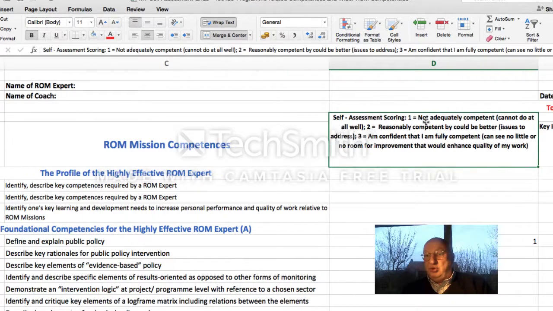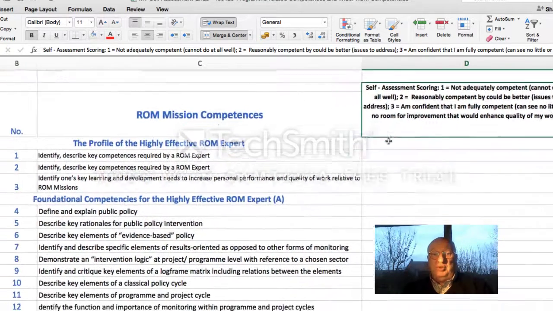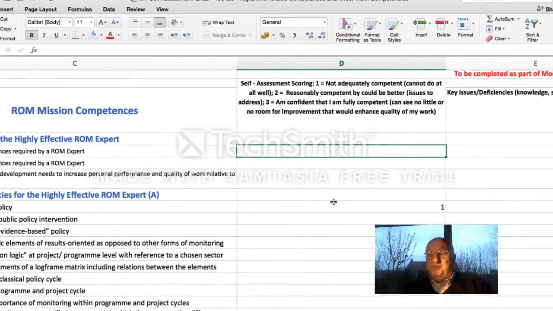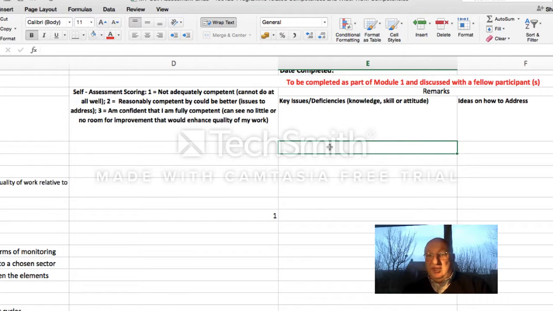Number 1 means that you consider you're not adequately competent. You can't do it at all. 2, you're reasonably competent, but could be better. There are issues to address. And 3, you are confident that you are fully competent. You can see really no scope for improvement. So you simply put in the number,